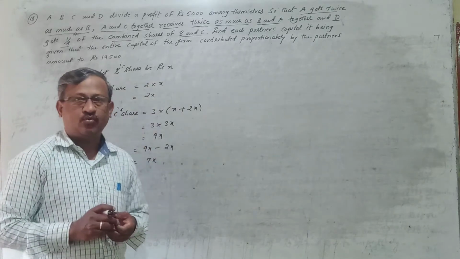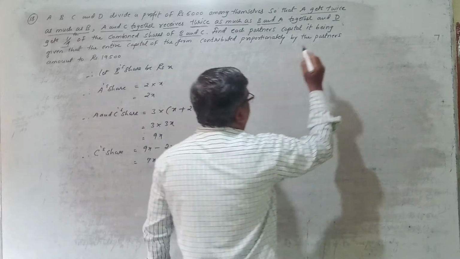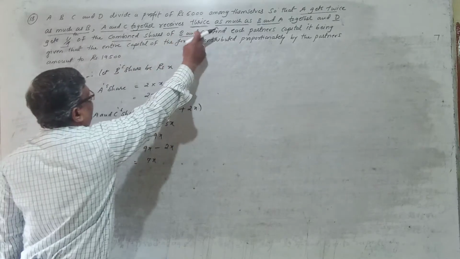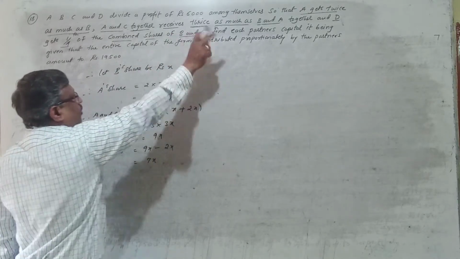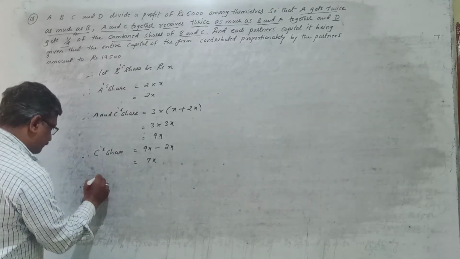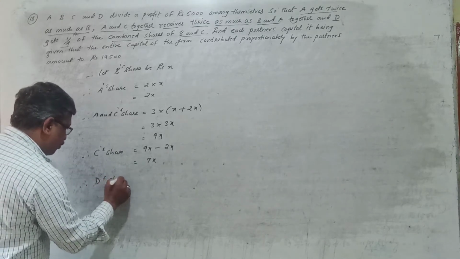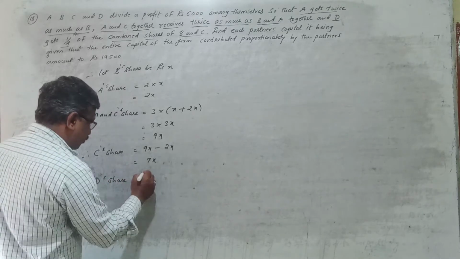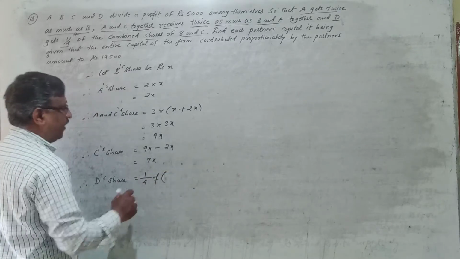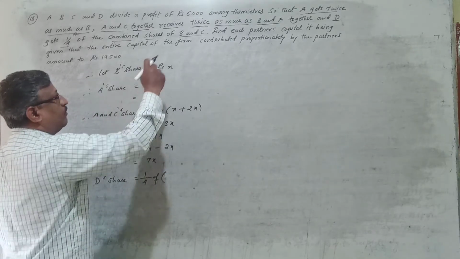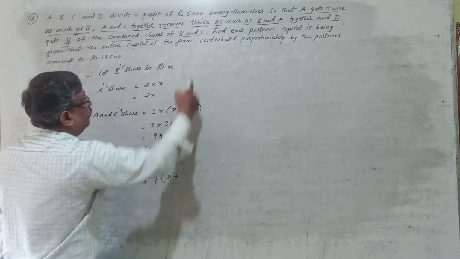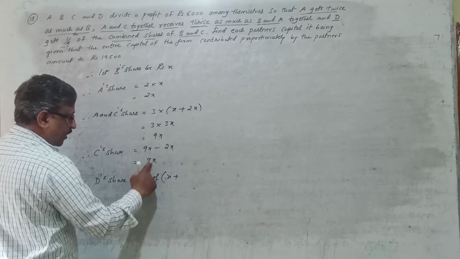Now we should know the share of D. How is D getting? That is also given in the problem. D has got 1/4 of the combined share of B and C. So now you calculate D's share. D's share of profit equals 1/4 of the combined share of B and C. We can easily find the combined share of B and C. B is getting X, and when you add C's share, which we have just calculated as